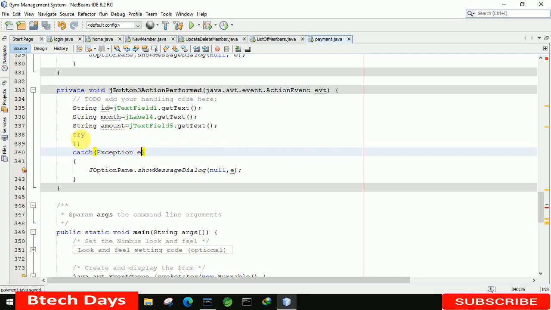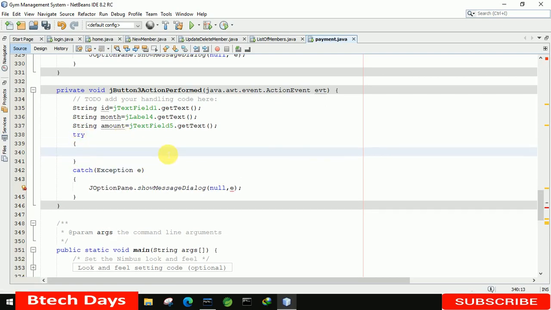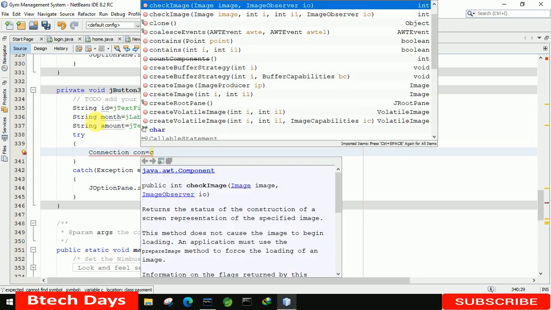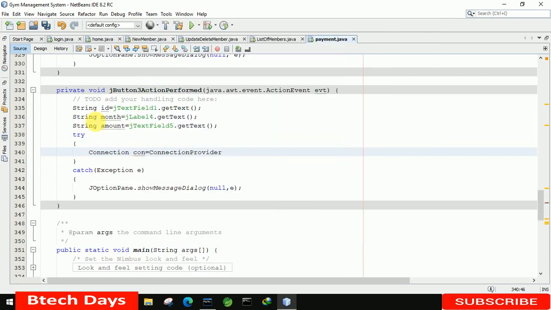Now again move to the try block. Okay, it's showing some kind of error, it got removed. So Connection con equals ConnectionProvider.getCon here.